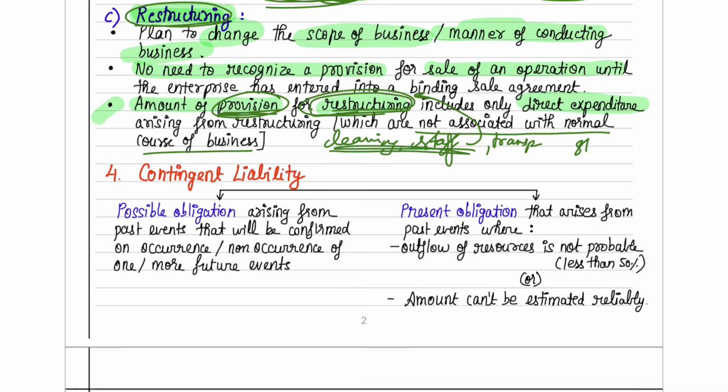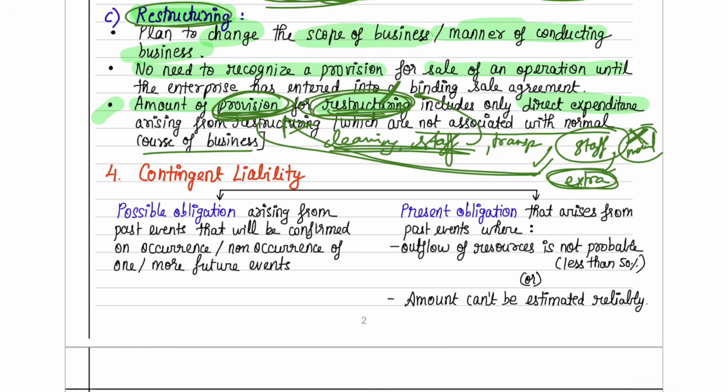That means there is a staff. Irrespective of whether you do the restructuring or not, this staff will be paid the normal amount. Now if you're doing restructuring and paying the staff extra, that is different, but the normal pay that the staff gets, irrespective of whether the restructuring happens or not, that normal cost you should not consider. Only the extra cost that you might have to bear because of the restructuring, that alone take as a consideration for making provision. Otherwise please don't consider other things.